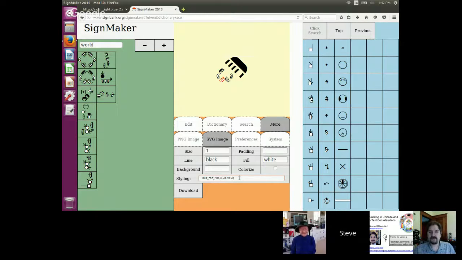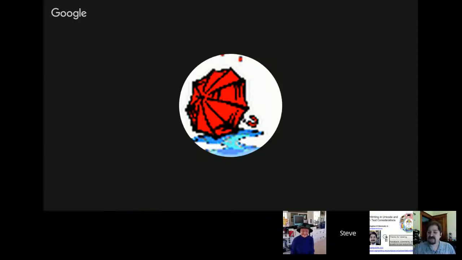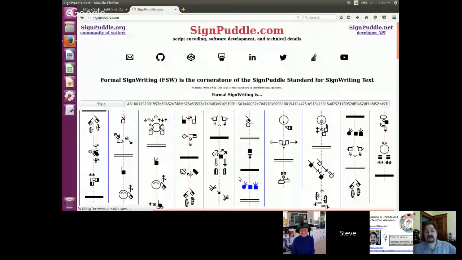So what you're saying is this can be in the background, but we can also do this with styling strings. And you had this all described, I think, on SignPuddle.net. Is that right? SignPuddle.net is our new SignWriting server developer API. Normal people can go in there and look around. It's especially for developers, and offers some great tools, but there's also SignMaker, and SignPuddle.com has a lot of